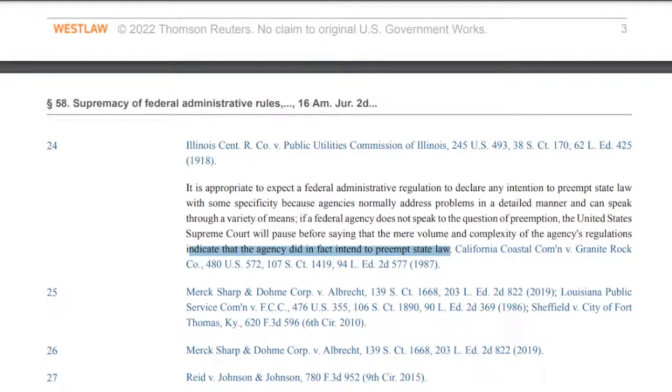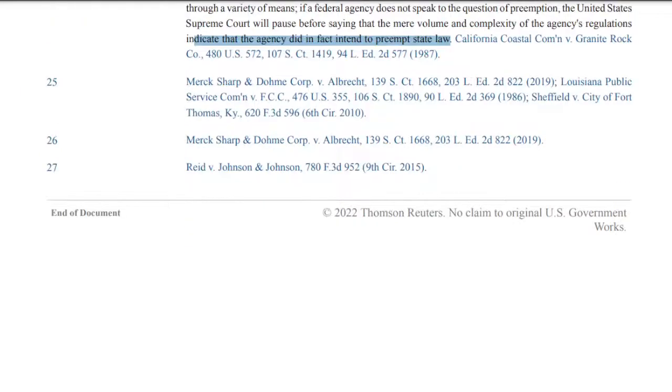So this is saying that you need to specify exactly that you plan to preempt a state law with specificity, because normally these problems are addressed in a detailed manner and can speak to a variety of means. So if a federal agency does not speak to the question of preemption in a specific manner, the United States Supreme Court will pause before saying that the mere volume and complexity of an agency's regulations indicate that the agency did in fact preempt state law. And 27, we have Reed versus Johnson & Johnson,